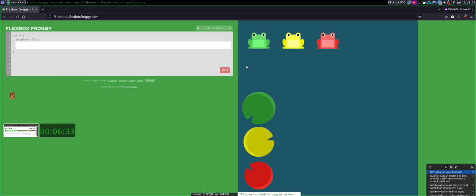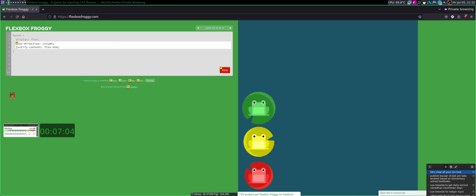Okay, this is column, flex direction, and I need to move the content to the bottom. So is this main or cross? Because this is column, the main axis is the vertical one. And if I want to change the main axis, I need justify content flex-end.